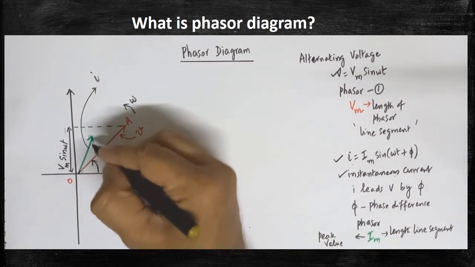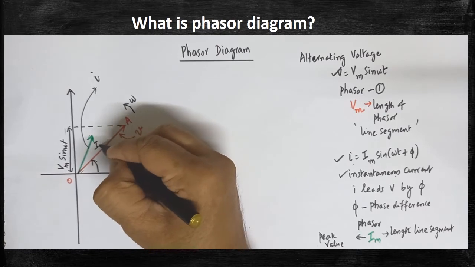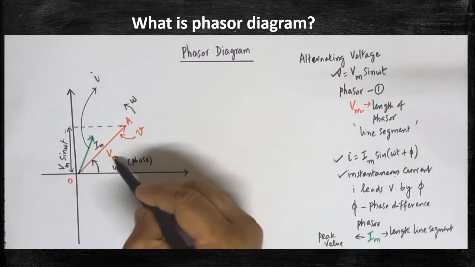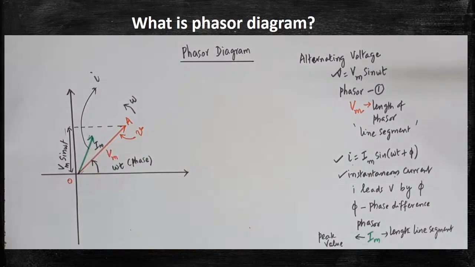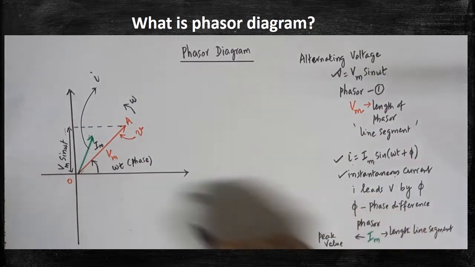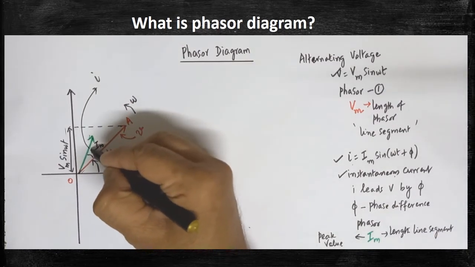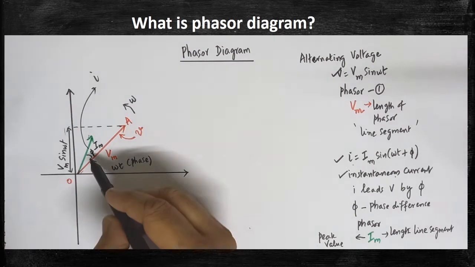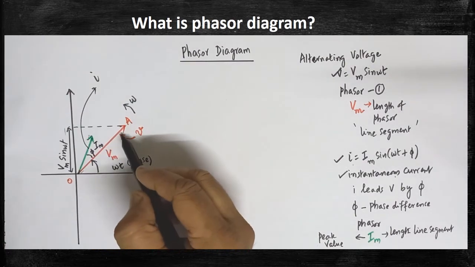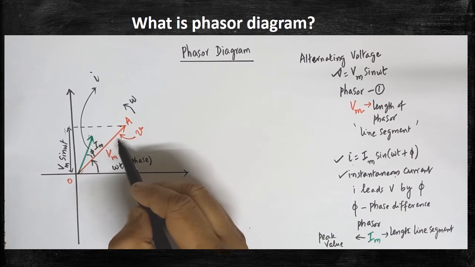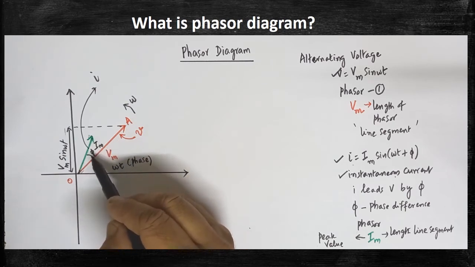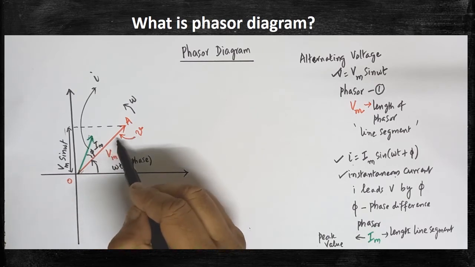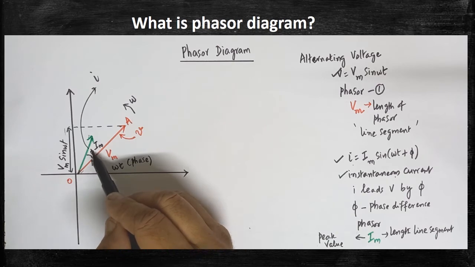What should be the length of this portion? The length of this portion must be Im, very important. The length of this portion is Vm. So I have drawn the phasor for current. Are you clear? Now, what is the phase difference between V and I? The phase difference between V and I is how much? Pi. That pi angle must be drawn here. This is the pi. There the phase difference between I and V exists. Here I leads the voltage by what angle? Pi angle. I leads V by pi angle. So I is leading, V is lagging behind. Are you clear? This is called phase difference, pi.